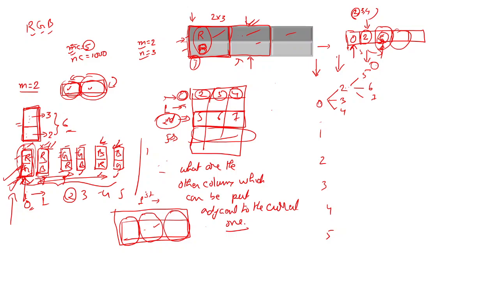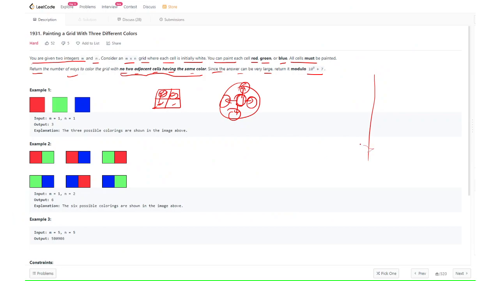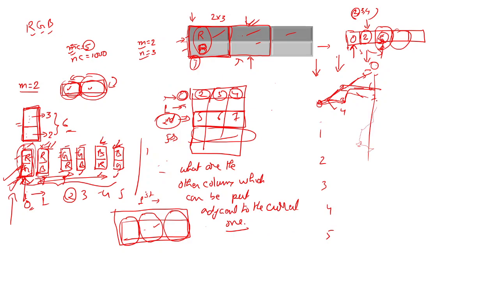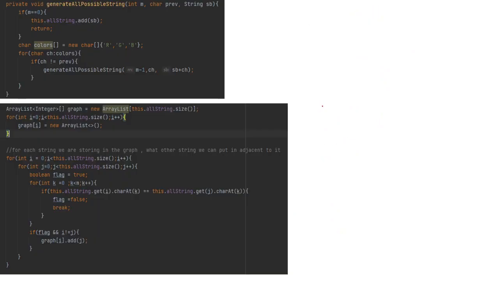And when we reach this particular one, this is one way to put the colors. This is another way to put the colors. This is another way. So this way we will get all the values that are needed to get the colors. Okay, so this is basically what we are doing. So let's see this in the code.